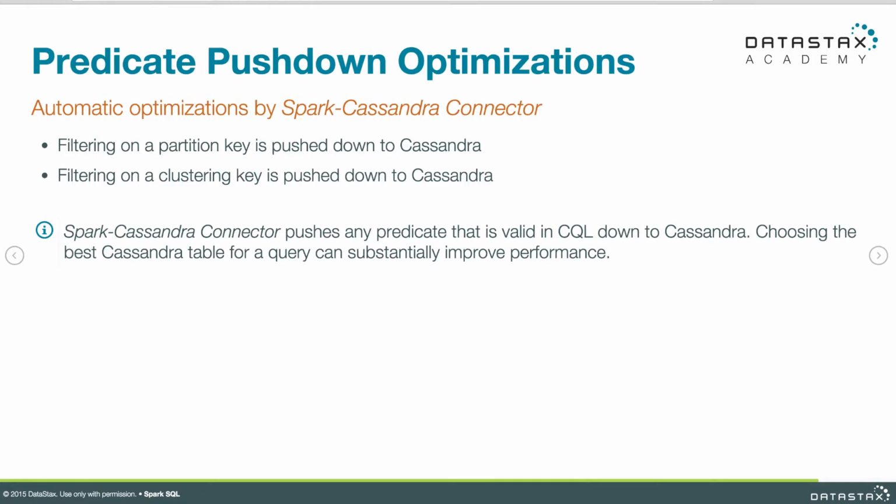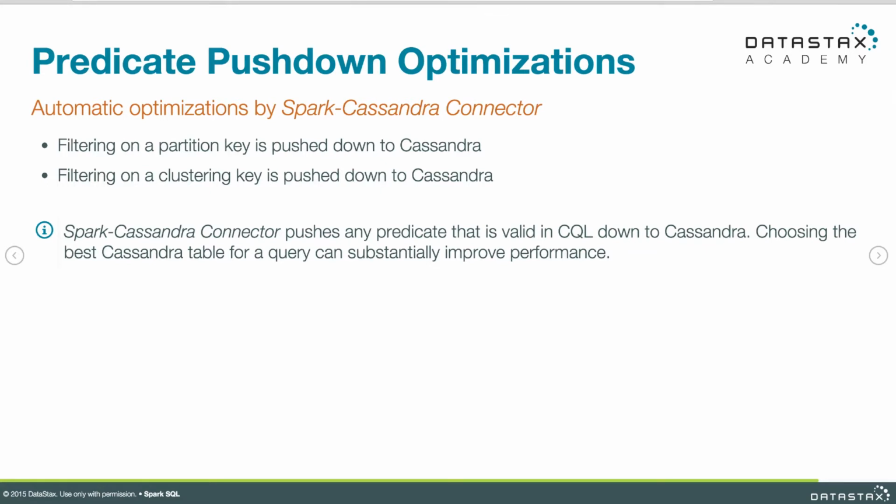If it can't be done in Cassandra, then that's fine. We should let Spark do what it does. But when it can be done, Cassandra will always do these things faster. And that's what predicate pushdown means. When you've got a where clause that has predicates in it, the Spark-Cassandra connector will push those down into Cassandra when possible and have Cassandra do that work much more efficiently, then return a smaller data set up into Spark